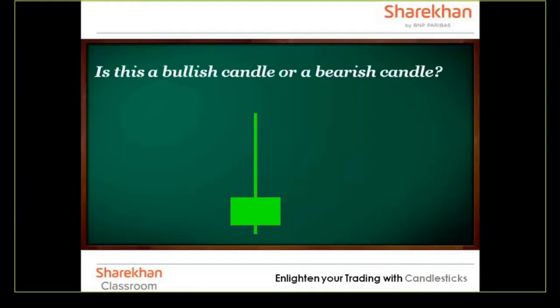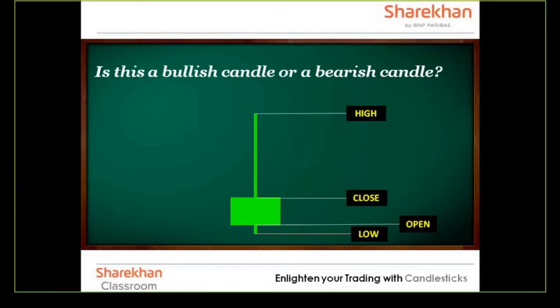This is an example. This is a green candle, right? However, whether the candle is bullish or bearish, the best answer can be given when you calculate the buying and selling pressure. So if this is the buying pressure from low to the close, this is the amount of selling pressure. And look at that, the selling pressure is much, much more than the buying pressure. And in spite of the candle being green, it will still be a kind of bearish candle because of the buying and selling pressures.